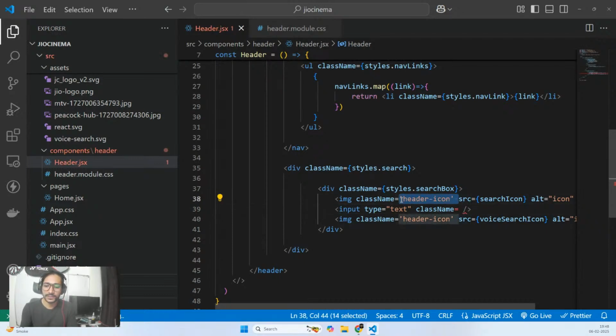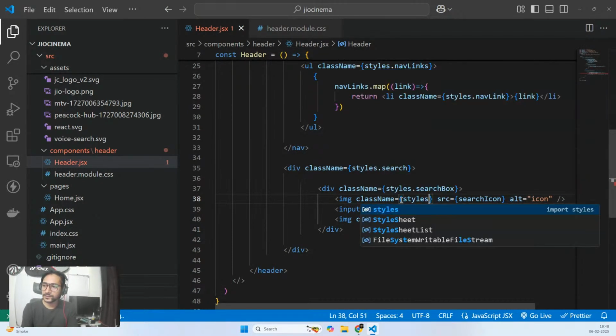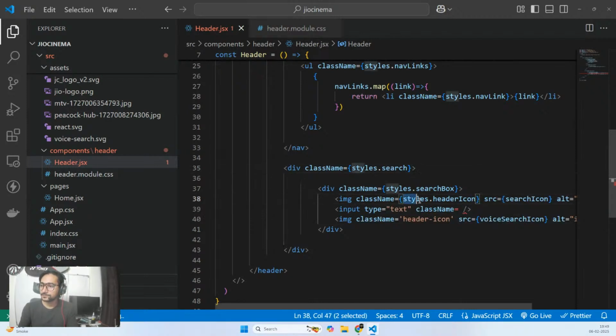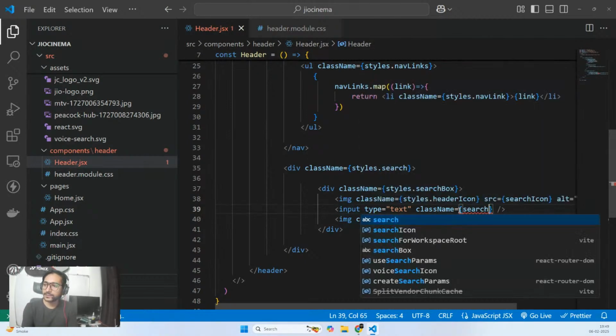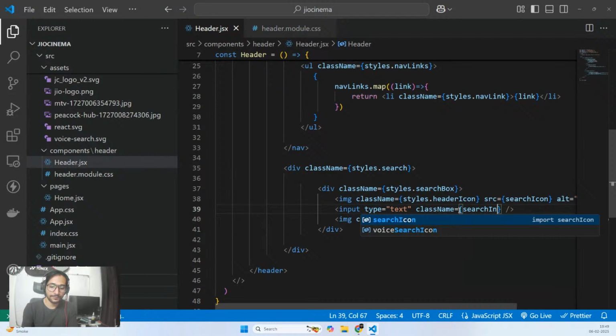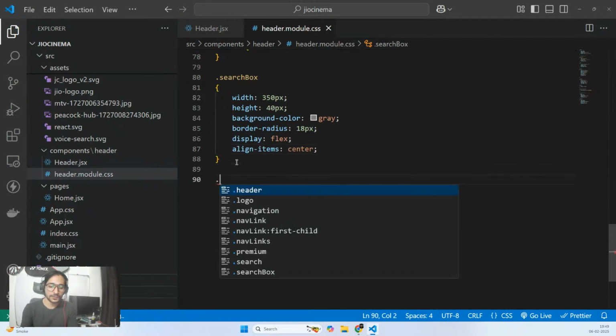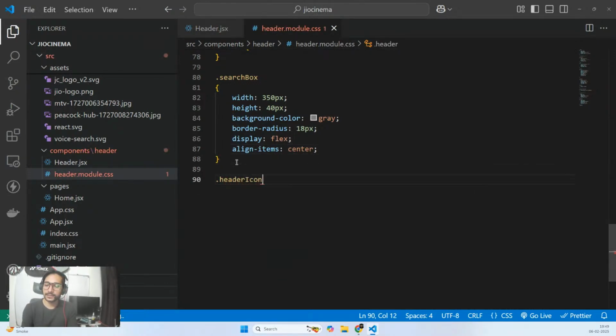We are using module CSS. So then styles.header-icon. Header icon, and here we can call it search input. Fine. So we have three classes, guys: header icon, search input, header icon. Okay, let's apply some CSS to this now. So .header-icon